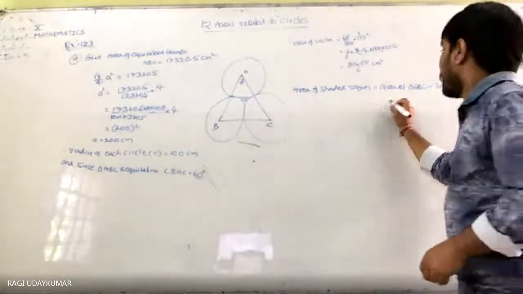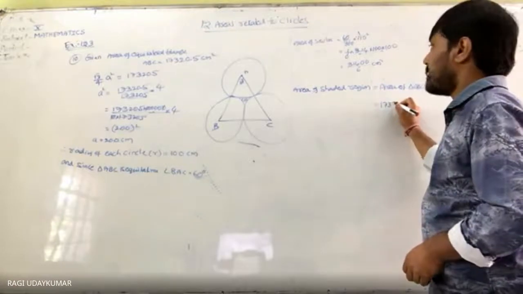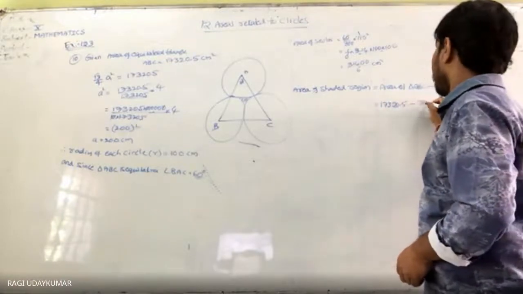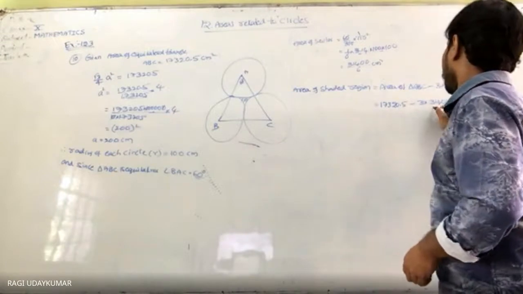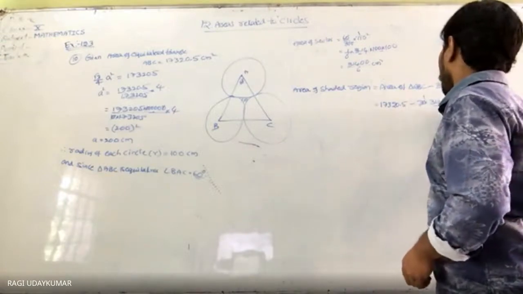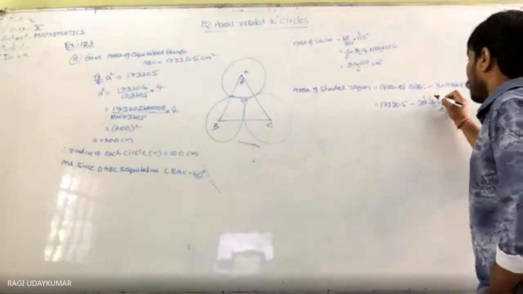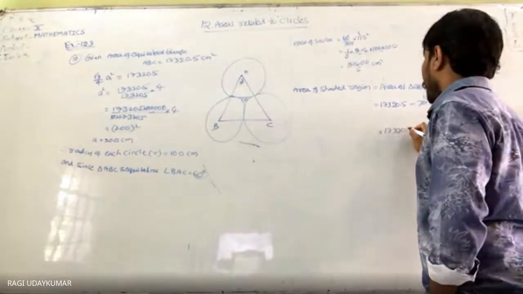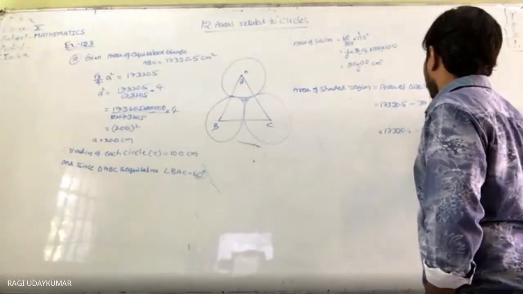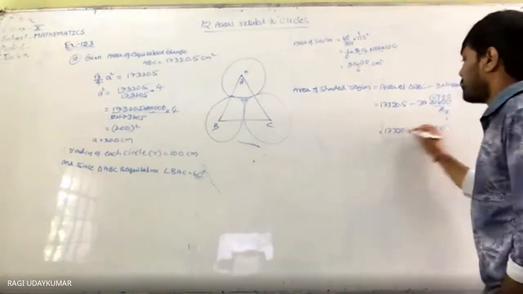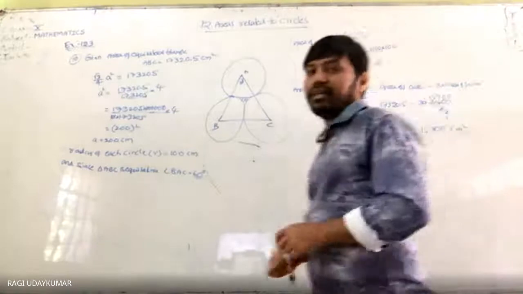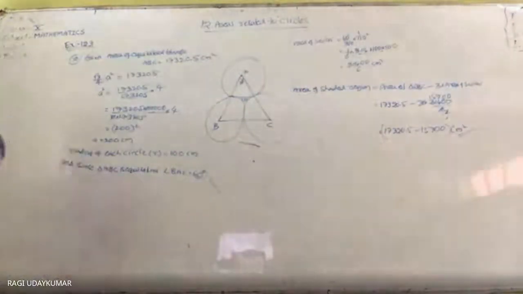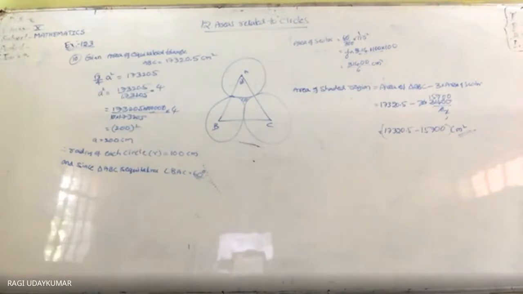So the area of the triangle ABC is what here: 17320.5 minus 3 into 31400 by 6. 3 ones are 3, 3 twos are 6, 2 ones are 2, 1, 5, 7. So 17320.5 minus 15700. इसको सब्ट्रैक्ट करके सेंटीमीटर स्क्वायर में एक्सप्रेस करना है. कैलकुलेशन only, it includes the calculation only, not more than that. समझ में आया? Yes, sir. No, sir.